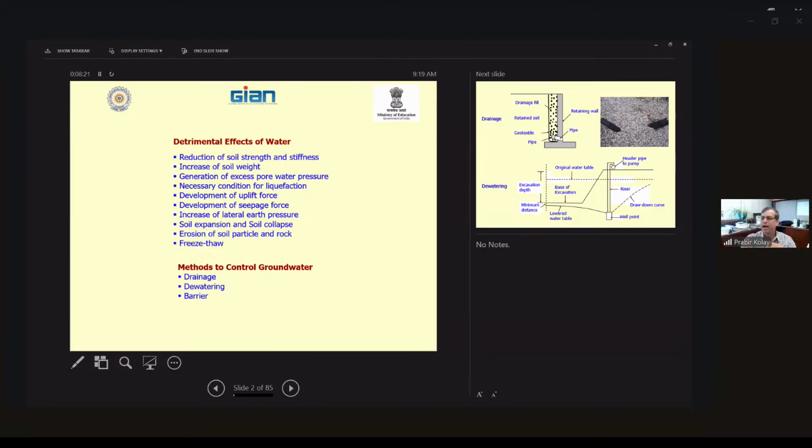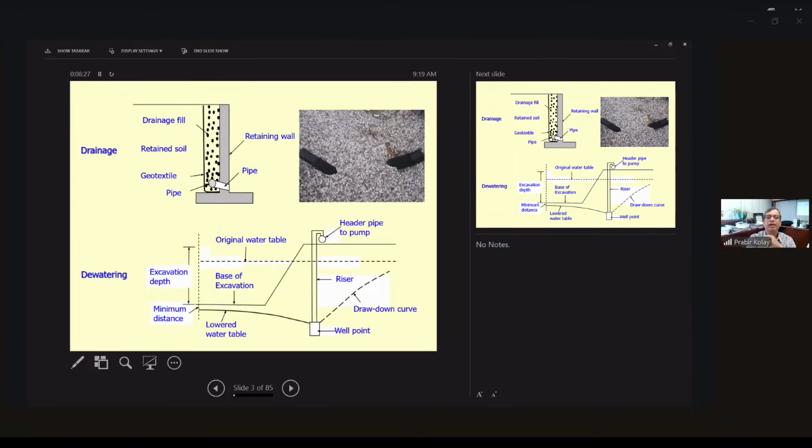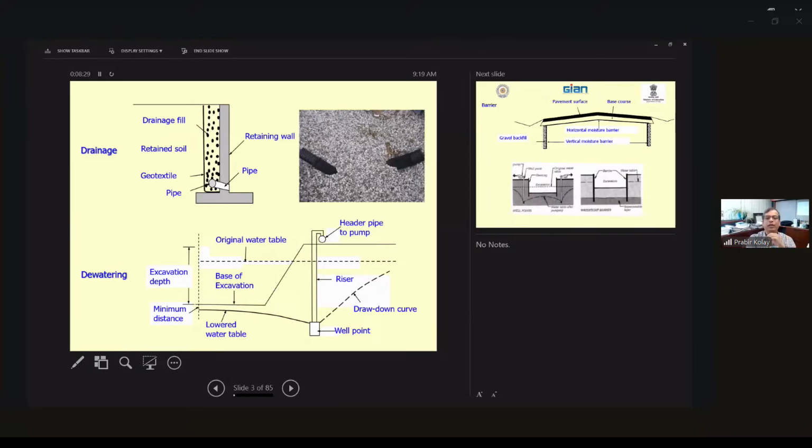So it may be sheet pile, it may be the bentonite barriers, all these things. But then again, we are not going to talk about that over here. So just for example, as I mentioned, there are 3 examples. One is the drainage. So again, mostly the retaining walls, so we put a drainage filter over there, and then